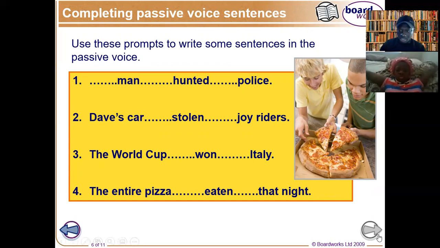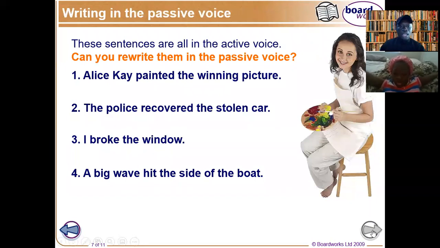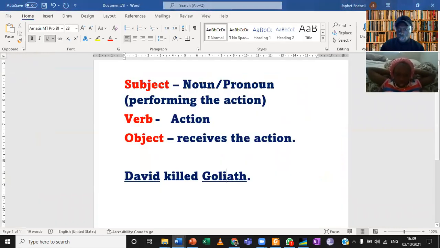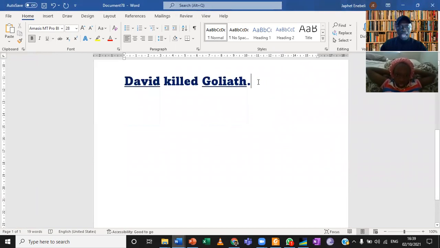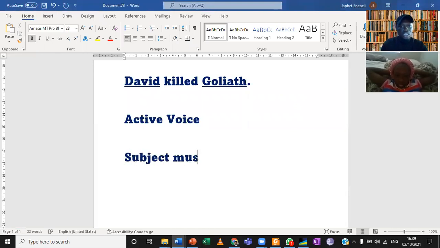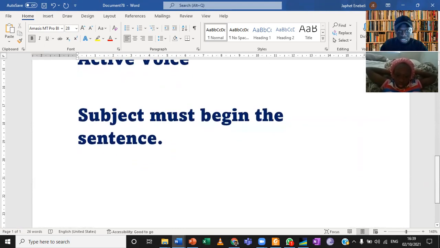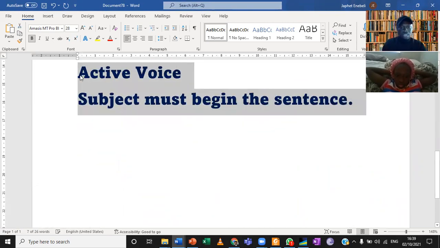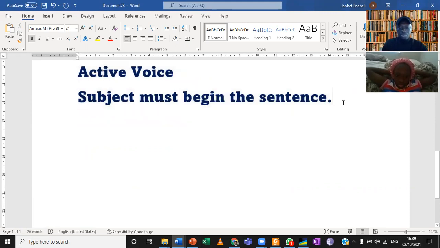Okay, this sentence is okay. Let me still break them down for you here. I just don't want anything misconstrued. Now, for the active, the subject must begin the sentence, right? So take note of that. For active, the subject must begin the sentence. For example,